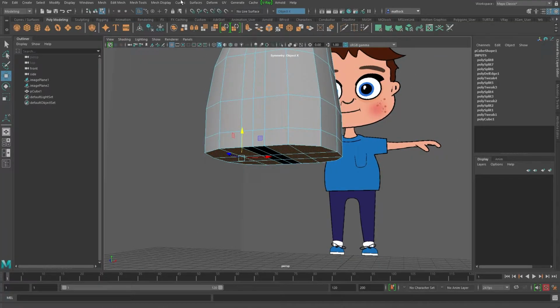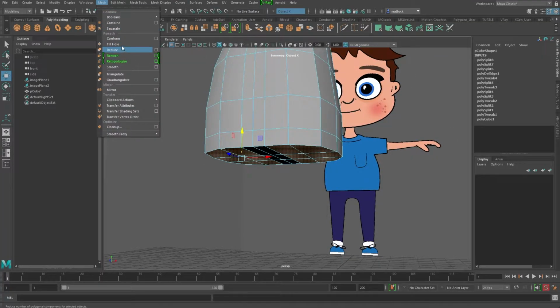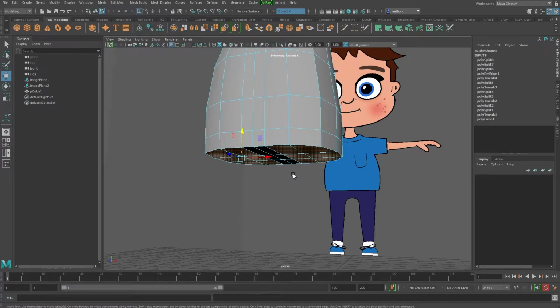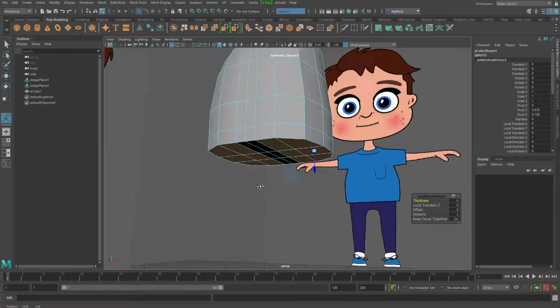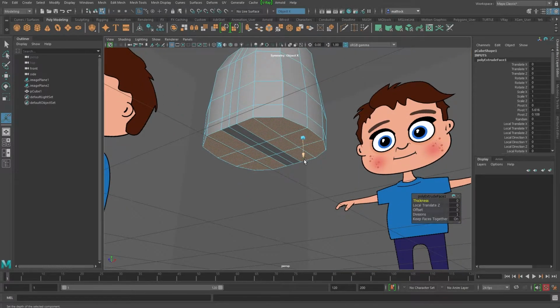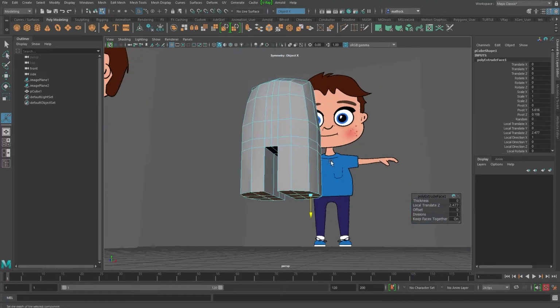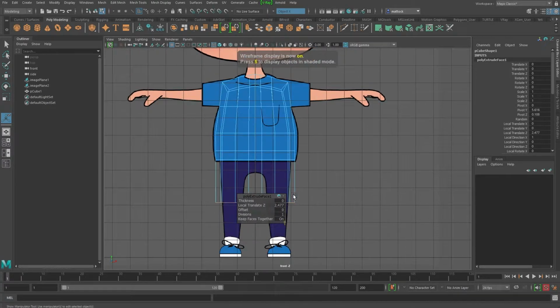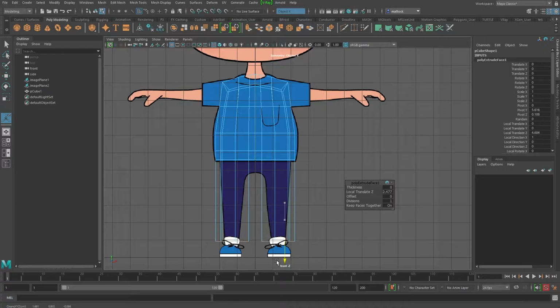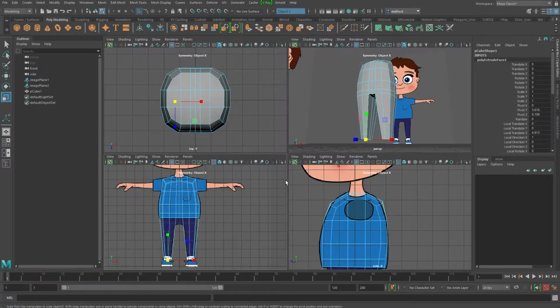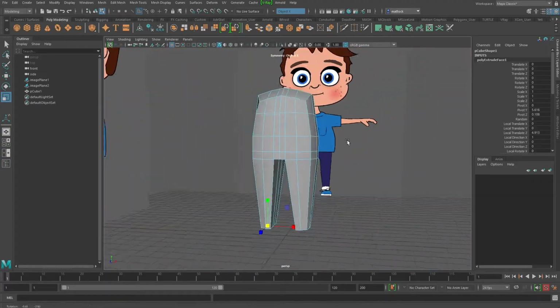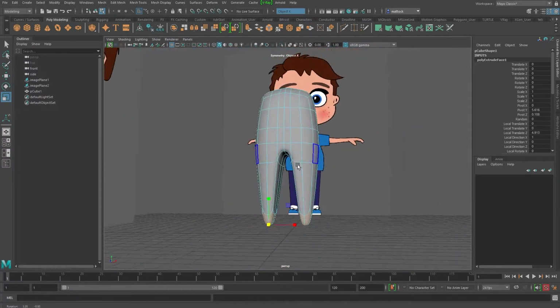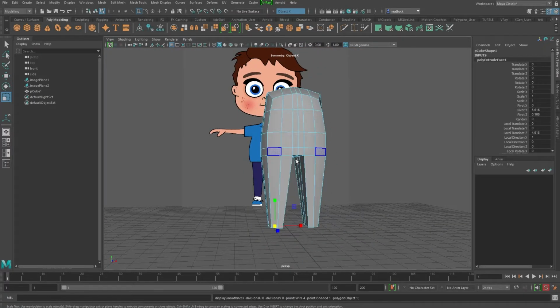And another thing is there's a hotkey set on mesh extrude, which is Control E. So if I hit Control E, it's now extruded. And as you can see, you've got the arrow here. And we're just going to move them down. Let's go into our front view. Go into wireframe, hit 4. And I'm going to just drag them all the way down to the bottom of his feet. I'm going to hit the R key and I'm going to scale them all. And there we go. You see you've got your sort of basic shape.